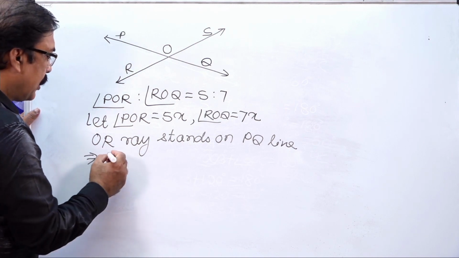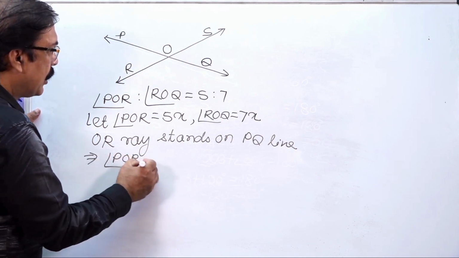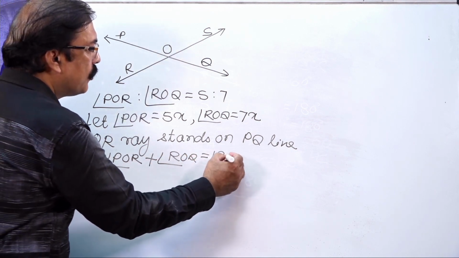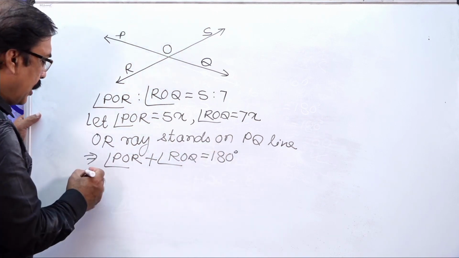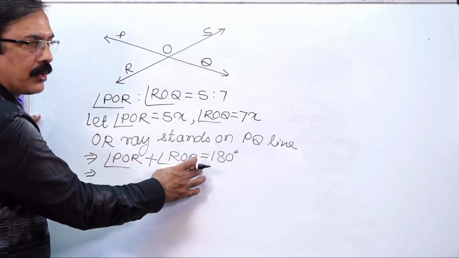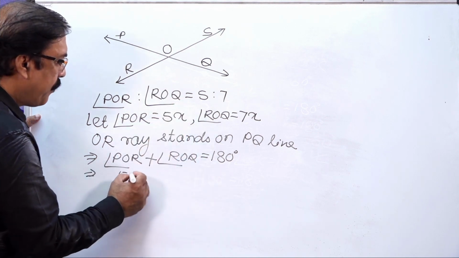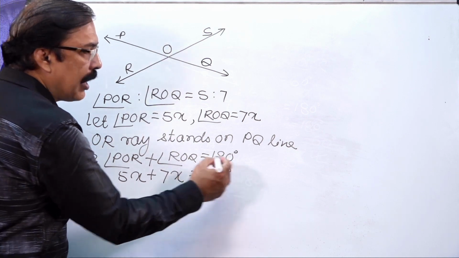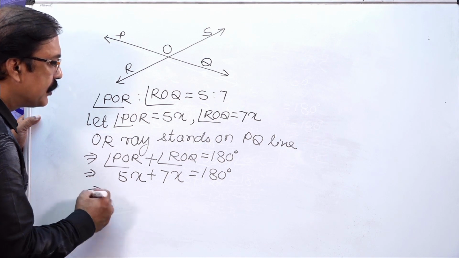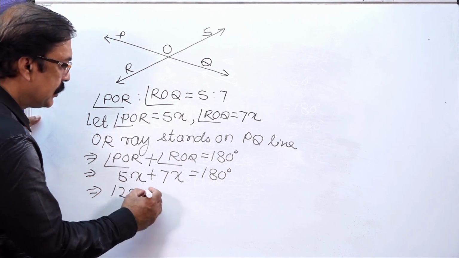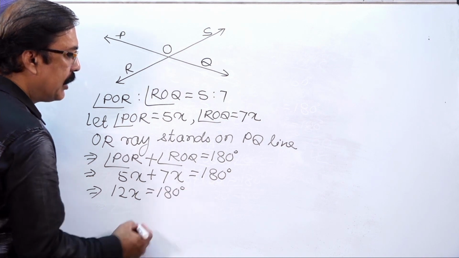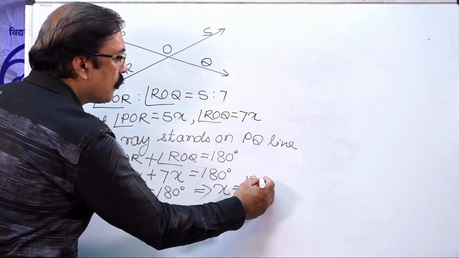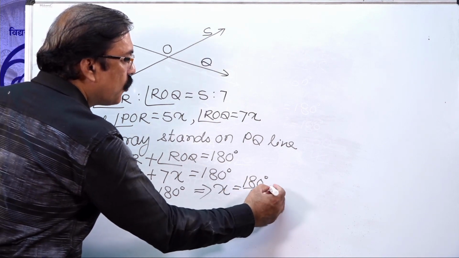This implies angle POR plus angle ROQ is equal to 180 degrees. Now substitute the values of POR and ROQ, that is 5x plus 7x is equal to 180 degrees. That gives 12x is equal to 180 degrees, which says that x is equal to 180 degrees by 12,